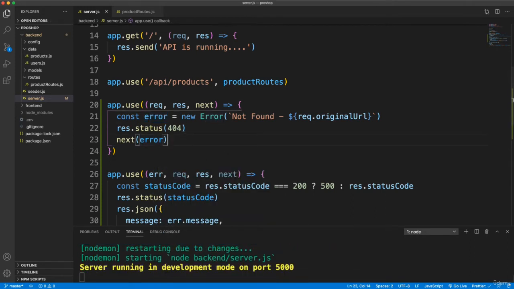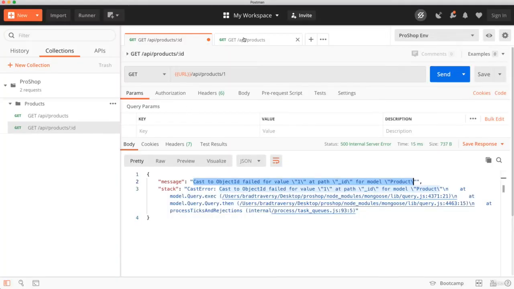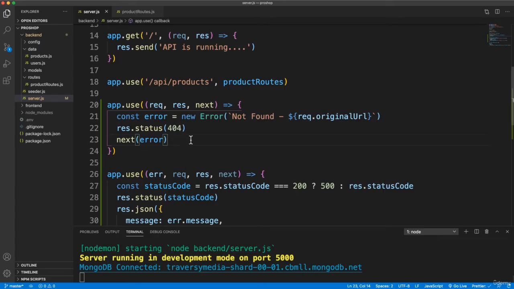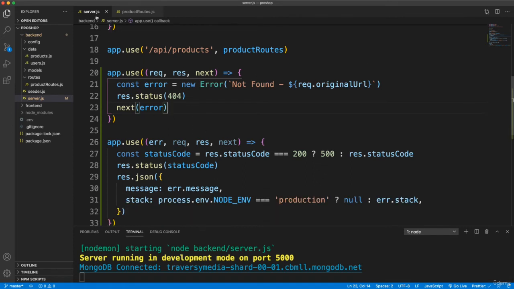So now if I save that, and if we go to something that's not an actual route, like just /api/test, whatever, we're going to get this message not found, and it's going to show us the URL that we're trying to access. Okay, now I don't want to keep this in this server.js because it's kind of messy, so